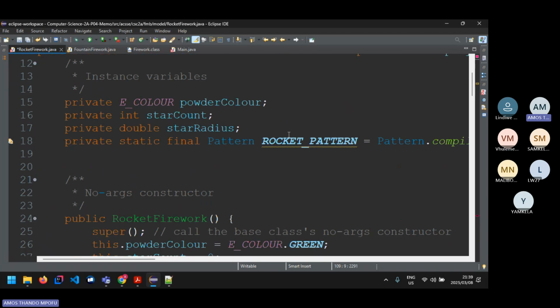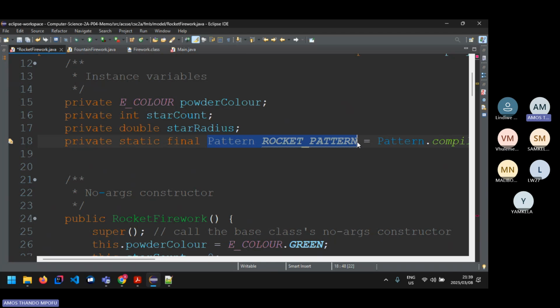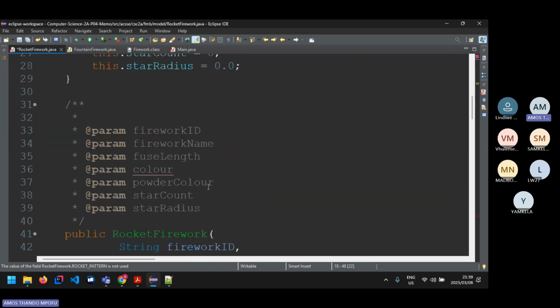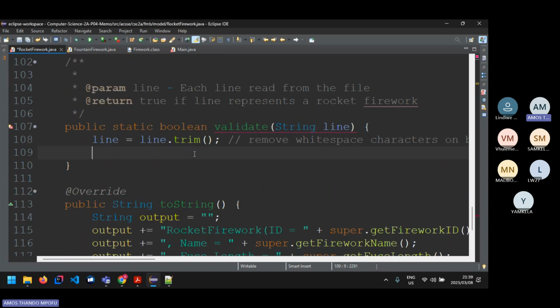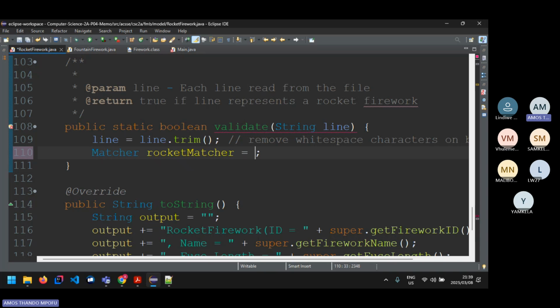Because they're technically forcing you to use it, since they told you to create the pattern in the class. So create that pattern as a static variable like this. I actually need to create a matcher for that because I'm doing it the long way. So a rocket matcher is equal to, let me import it, and then is equal to, what is this? Rocket pattern,